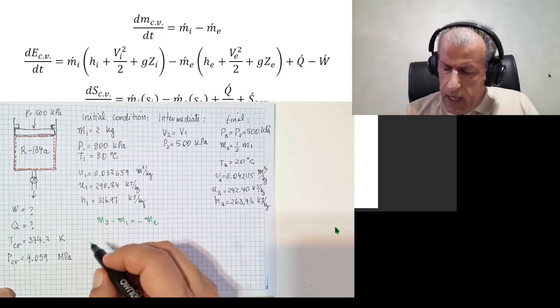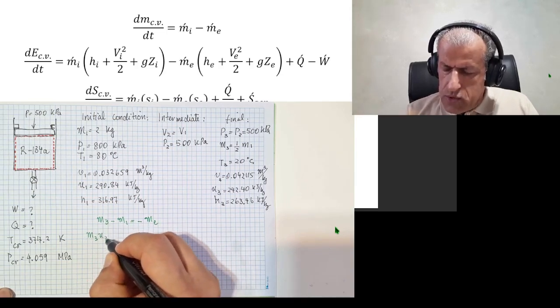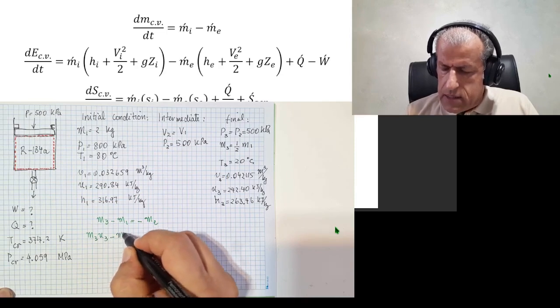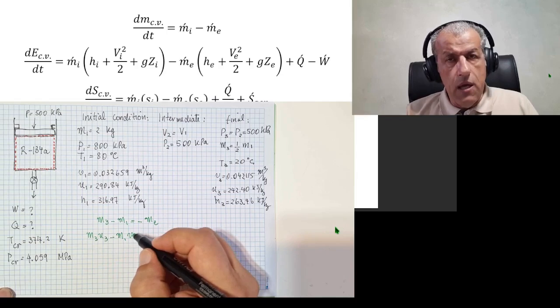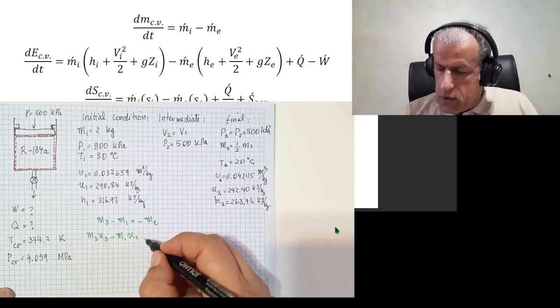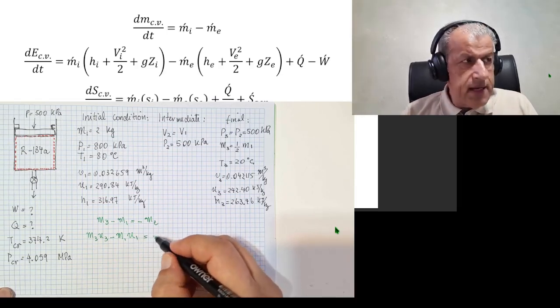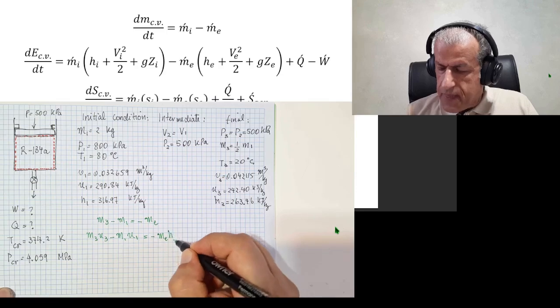And for the energy equation, it is M3 U3 minus M1 U1, which is the difference between initial and final energies, would equal, no mass enters, but it is the mass that leaves, ME